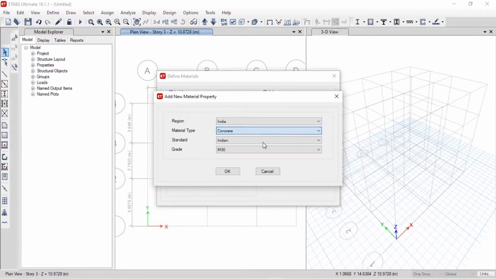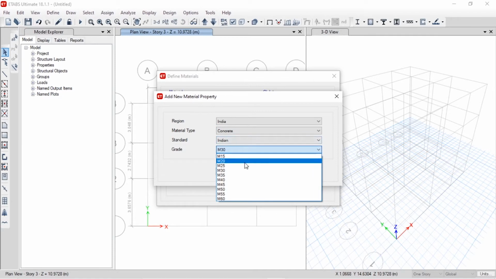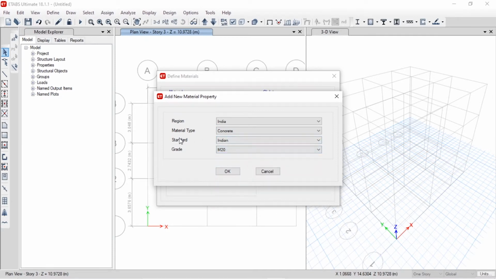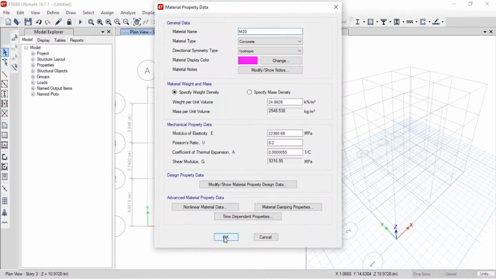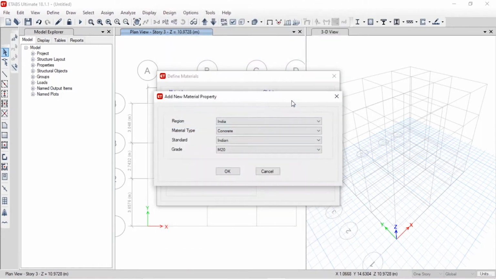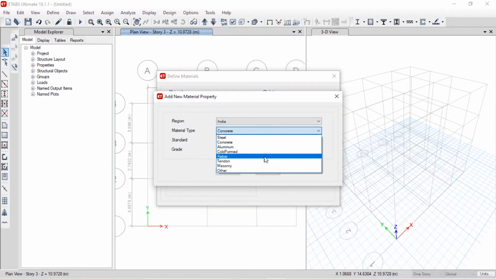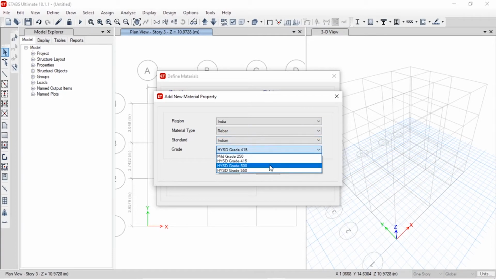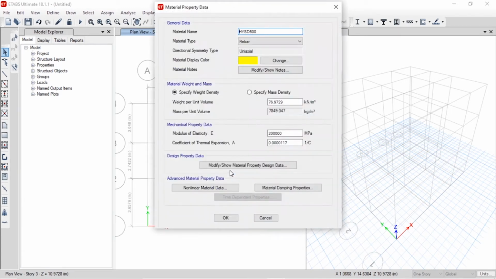Next, I'm going to choose concrete of grade M20, standard is Indian, and then click on OK. Then I'm going to add rebar material. Usually for rebar material grade we can choose either 415 or 500 or 550. We can choose just 500 also, and default properties will be there, and then click on OK.